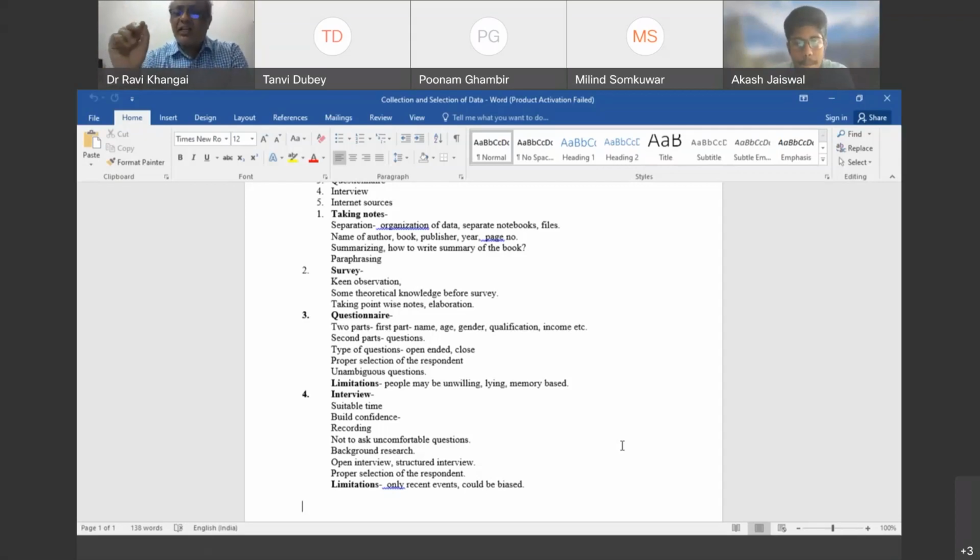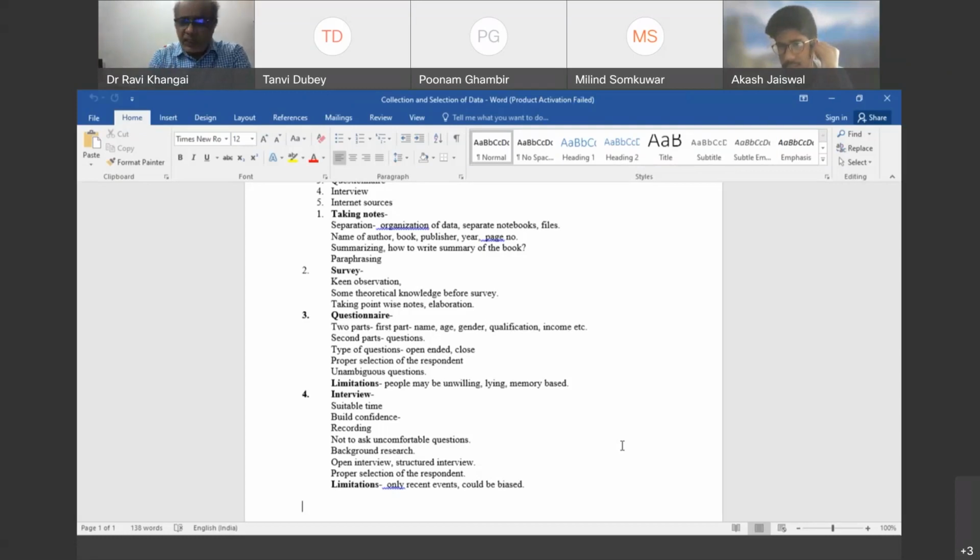A structured interview is where you have a series of questions prepared, and usually in the case of a structured interview, the answers are shorter. Like, you can ask a person, in which year you were born, where you were born. These are structured interviews. When did you go abroad, and what degree have you earned from Oxford University. So these kinds of questions are called structured questions, which are used in the structured interview.